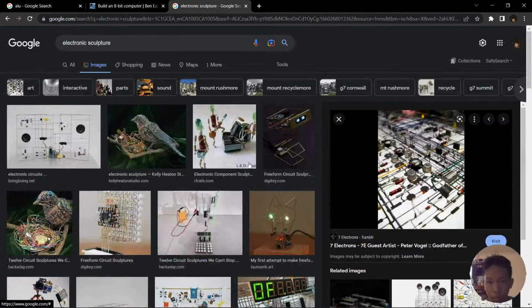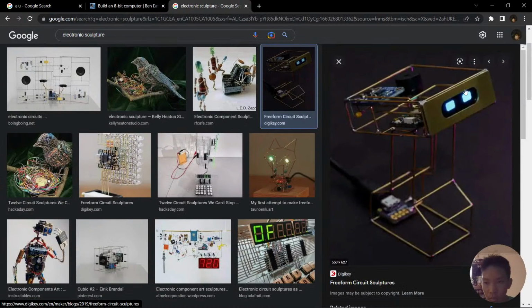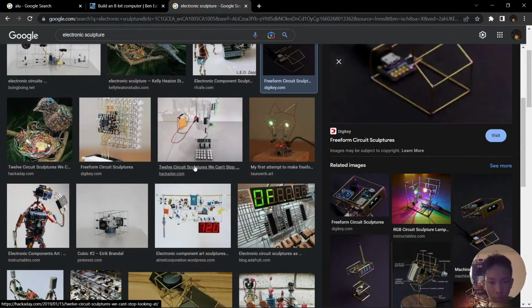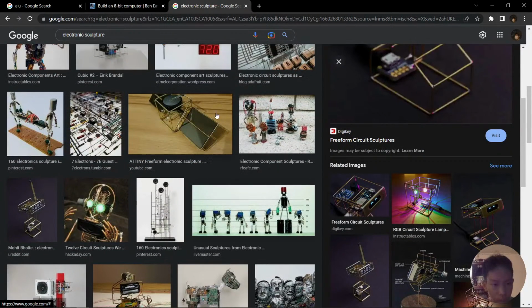You can see all of this structure is made of copper, making it stand by itself. So I might want to create the computer in this form, which is very cool, but